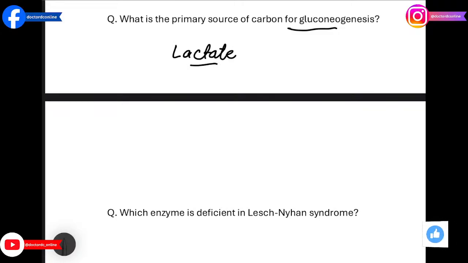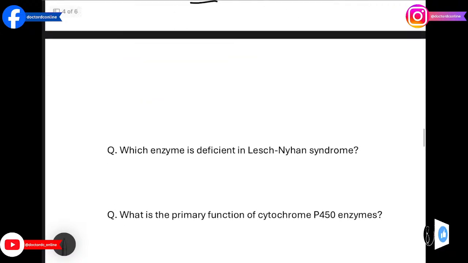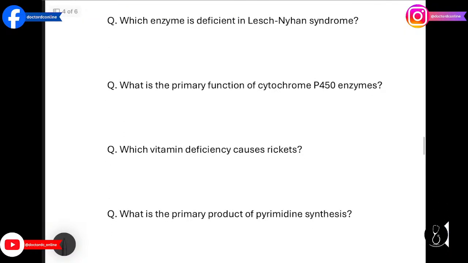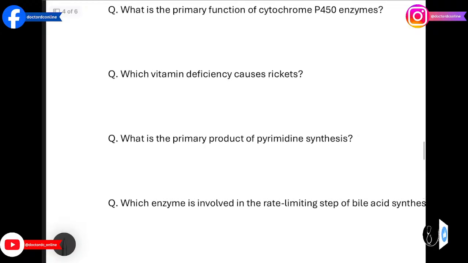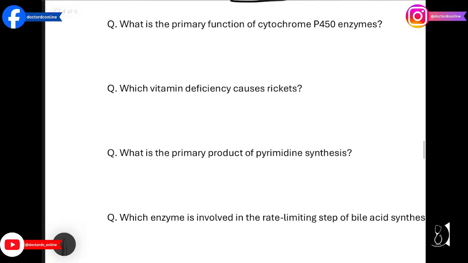Next question is, which enzyme is deficient in Lesch-Nyhan syndrome? And the answer is hypoxanthine guanine phosphoribosyl transferase, HGPRT. This causes uric acid overproduction and neurological symptoms. The next question is, what is the primary function of cytochrome P450 enzymes? And the answer is drug metabolism. They oxidize xenobiotics in the liver for